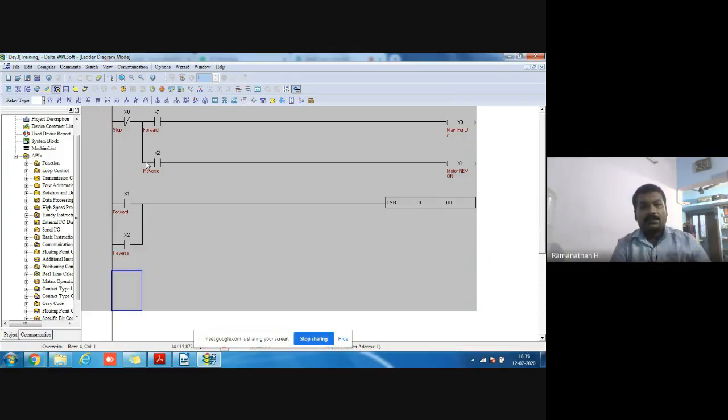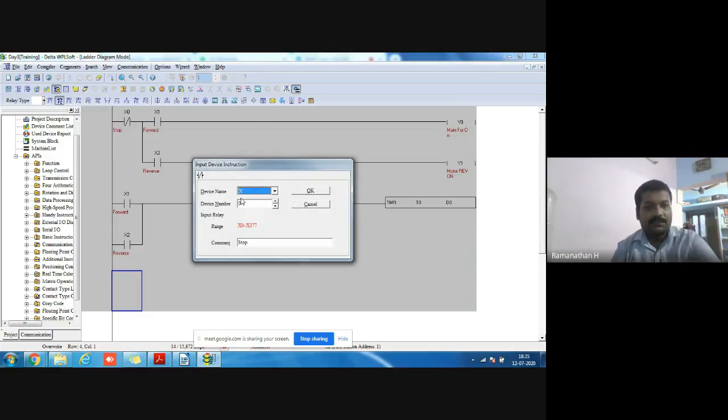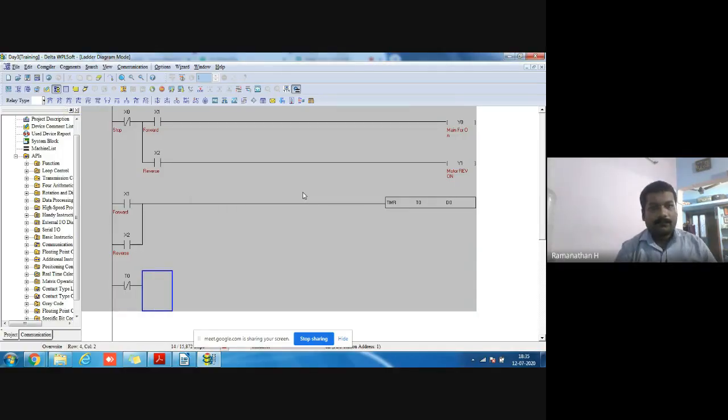Next, the star contactor on. After some time only the delta turns on. So what's the condition of the star contactor? Timer is off. When the timer is in off condition, and the delta coil is not on.